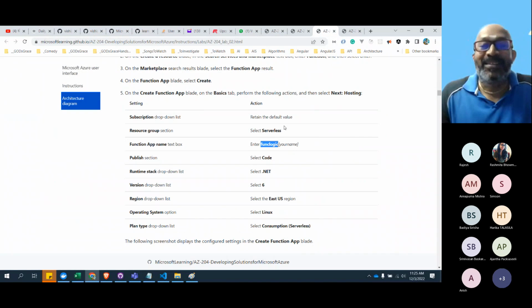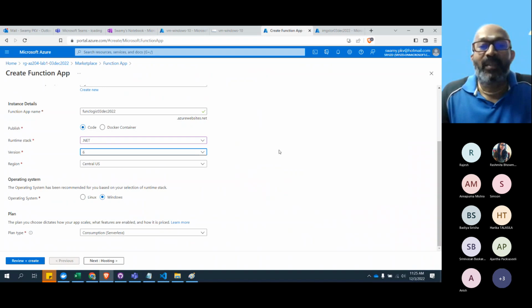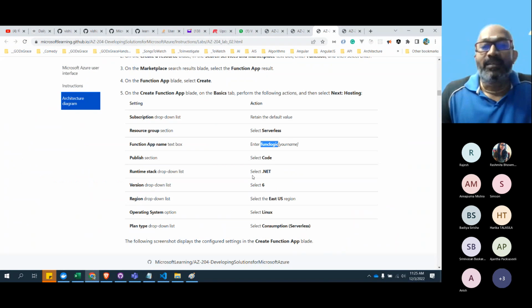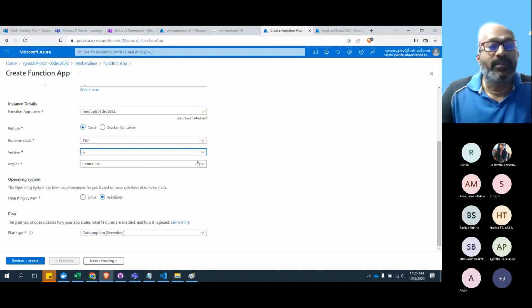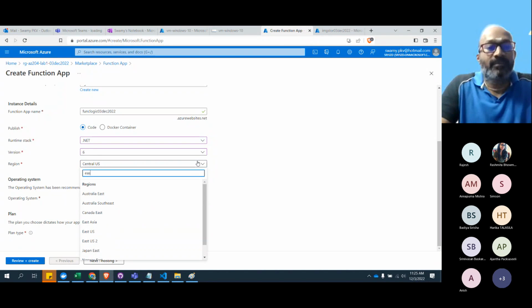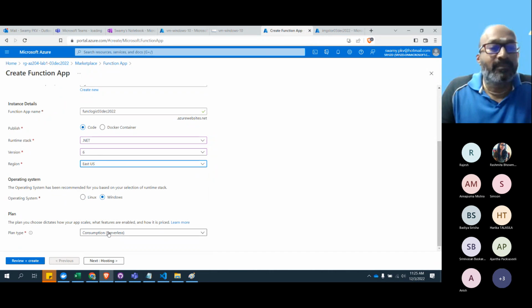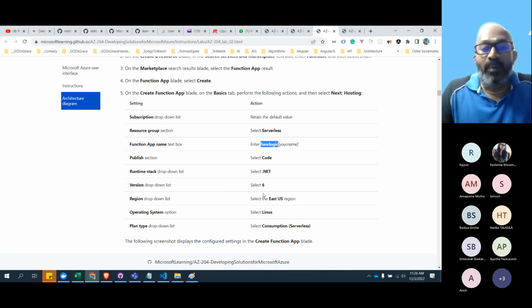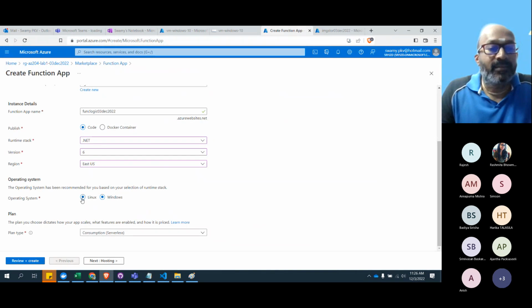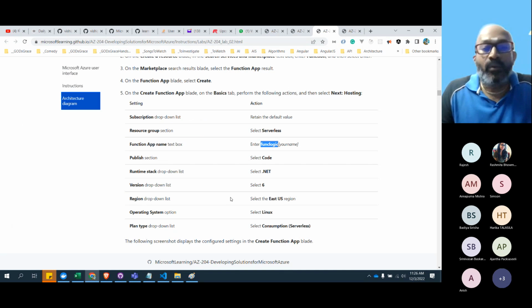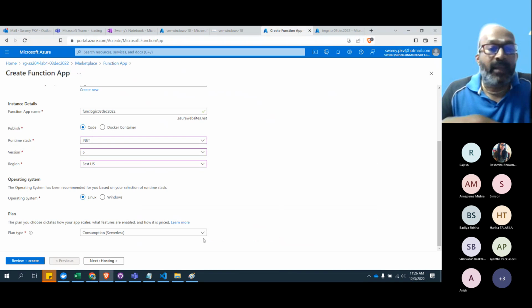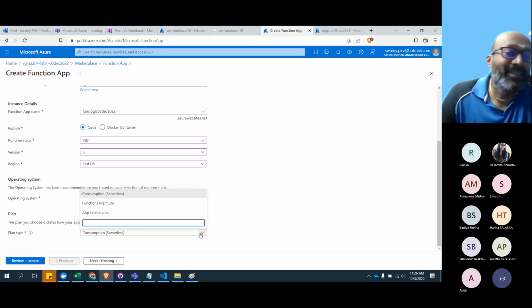Let's go and do this. East US. And the operating system is Linux. It will be a little bit different, folks. And the consumption plan. See this. You can go with Function Premium or App Service plan.